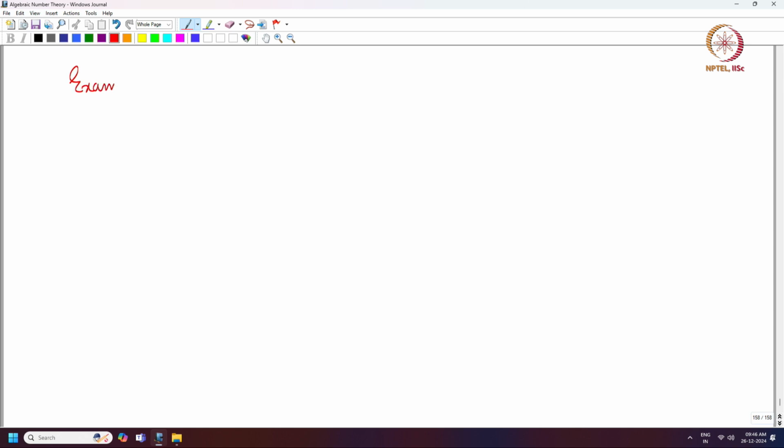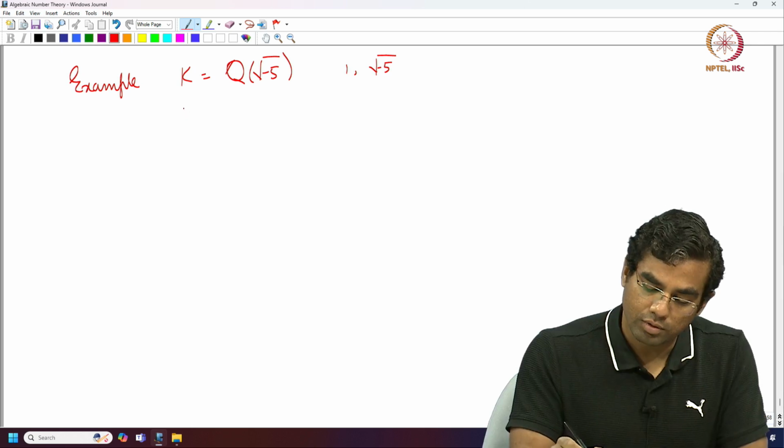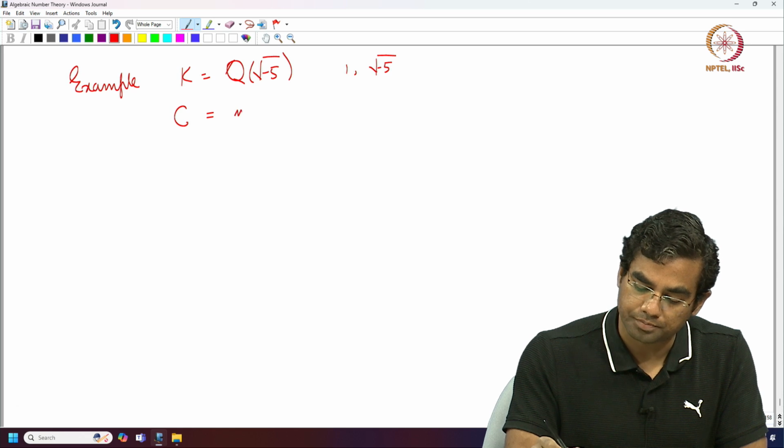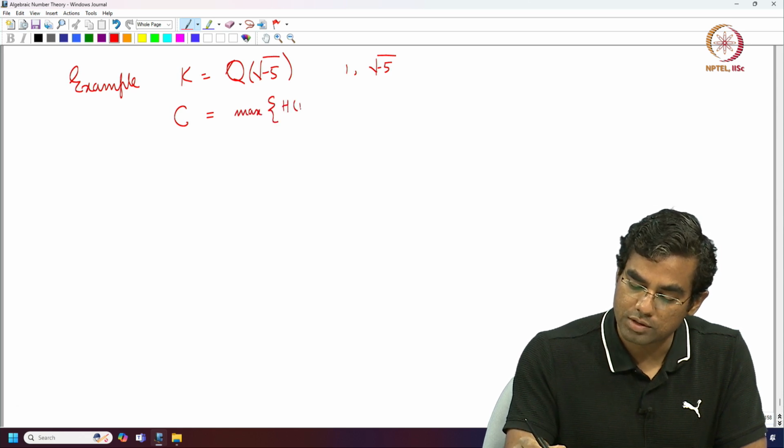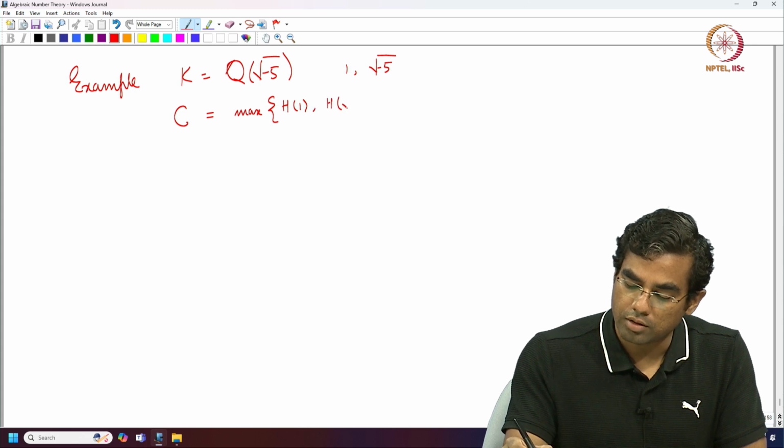So, here is an example of the number field Q(square root of minus 5). This is just a quadratic extension of Q, and we saw that 1 and square root of minus 5 is an integral basis of this. So, one of the quantities that appears in the proof is c, which is the max of the height of alpha_i alpha_j. So, this turns out to be the height of 1, the height of square root of minus 5, the height of 5,